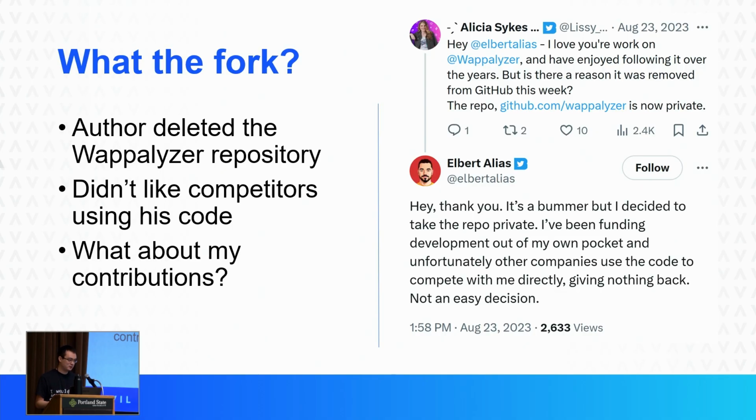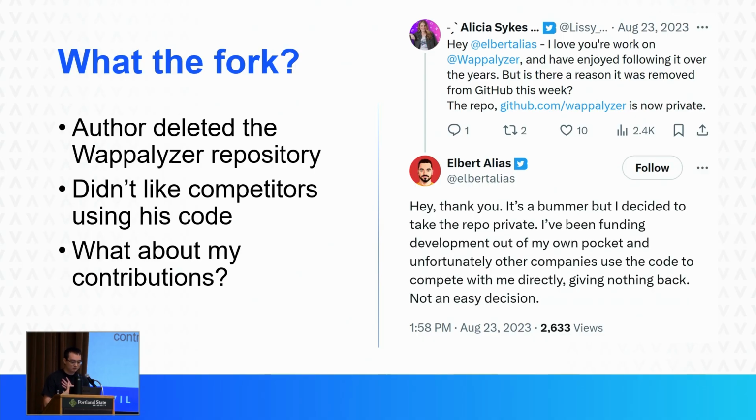I mean, it was open source, so there were contributions, but he was writing most of the code. He was trying to monetize it with his own paid service, but he was basically working for free to make his competitors better. Yeah, I can see why he wanted to delete it, but it would have been nice to at least keep all the historical commit history, because sure, remove your commits, but I actually contributed a